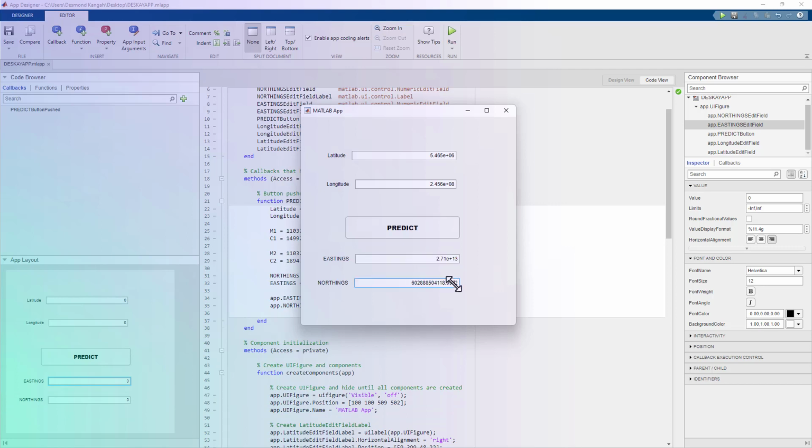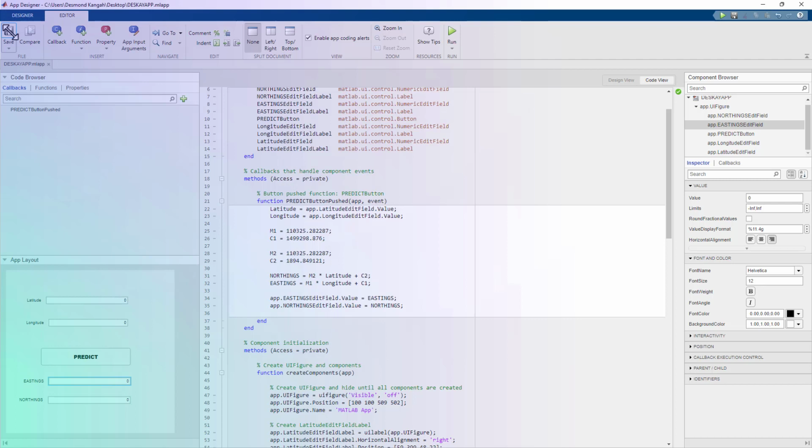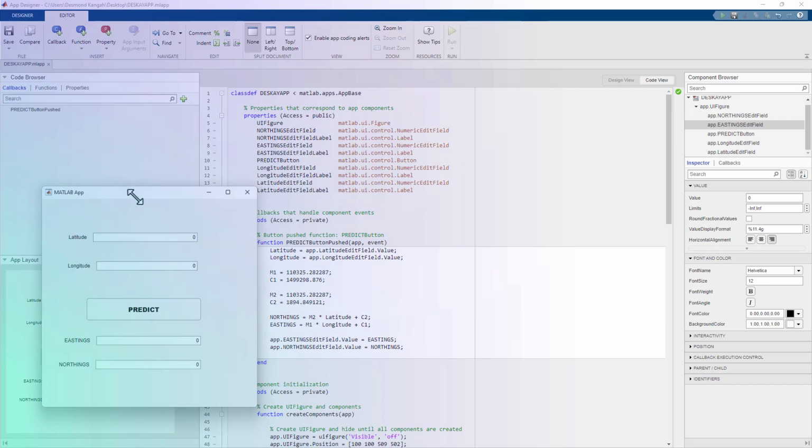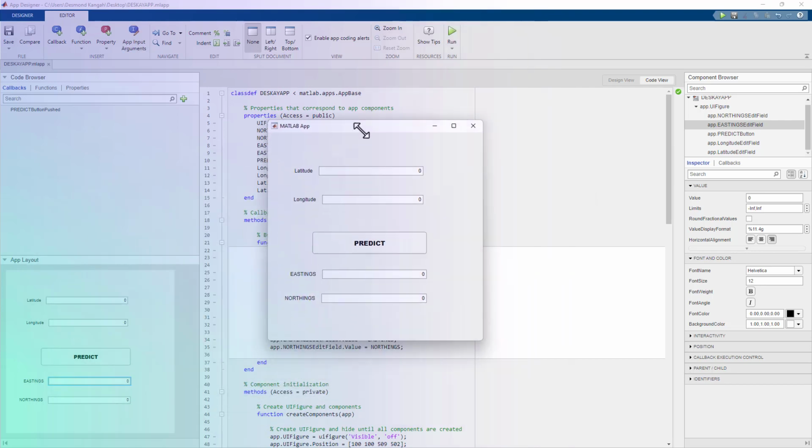Now I'm good to go. You can save it, so anytime you come here, it will be shown. So this is our simple calculation we have done using